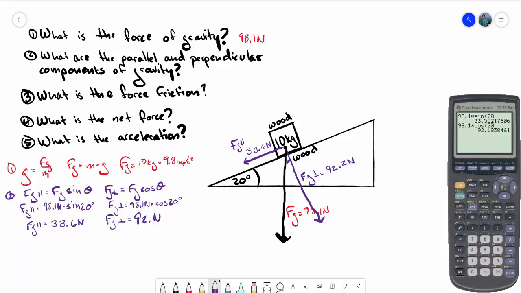What is the force friction? Now, if you refer to your reference table, the force friction reads as the following equation. Force friction is equal to mu, coefficient of friction, times force normal. Now the normal force is the force of the floor pushing up on the object. In this case, the floor is an inclined plane, and it's not pushing straight up, but rather perpendicular to the